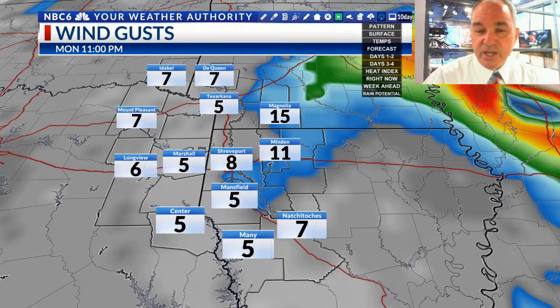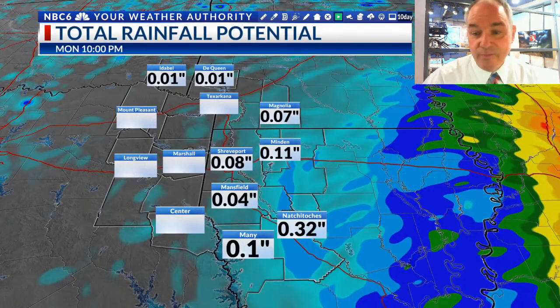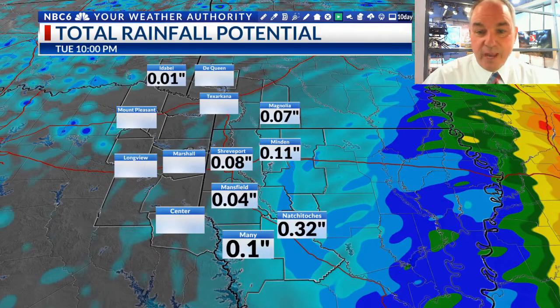Here's a look at rainfall potential as we move forward, and you can see not really going to be too much of a concern. Most locations will stay less than an inch. Most locations probably will see less than a half an inch, to be honest with you. However, that's not going to be the case here in southeast Louisiana. You can see here's New Orleans. Futurecast still showing rainfall projections